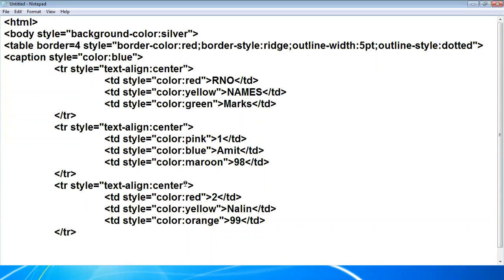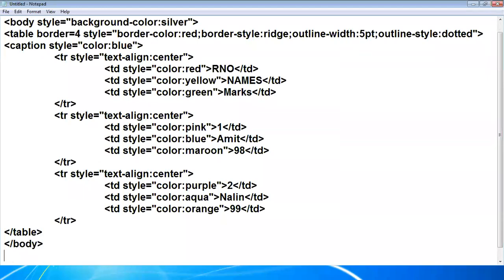Okay. I am changing color here to purple, and here I am giving aqua color, right? Now for the time being, I am closing my table tag. Here I close the body tag, and here I close the HTML tag.